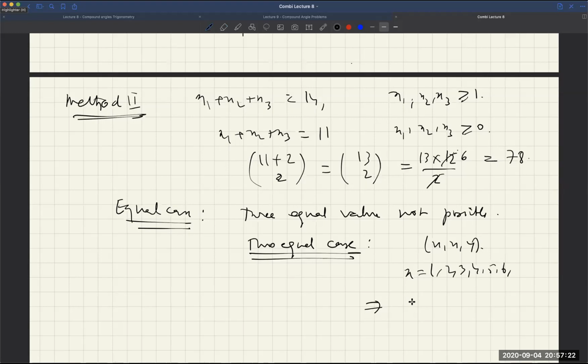How many will you get? 6, and their permutations for x1, x2, x3, right? Yes, sir. 3 factorial, that will be times 3. So 18. I hope everybody gets this. So this x will be 1, 1, 2, 2, 3, 3, 4, 4, 5, 5, 6, 6. Those are the possibilities. Y will come by itself.